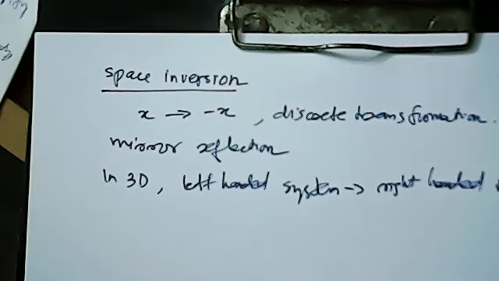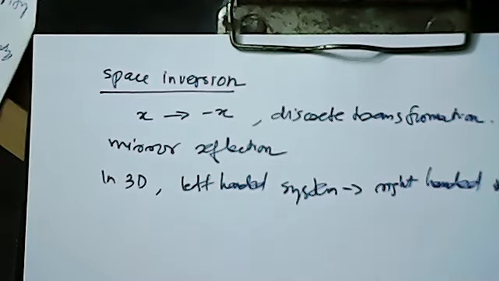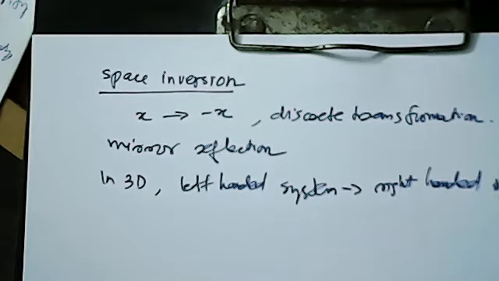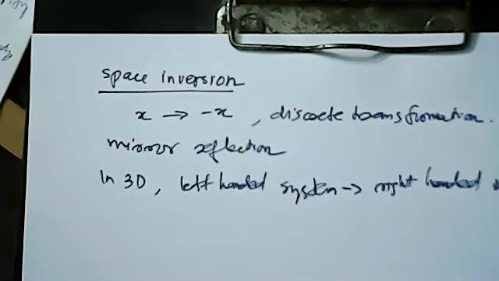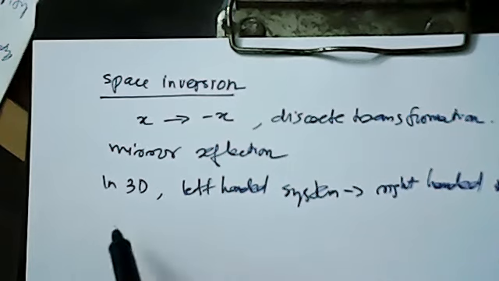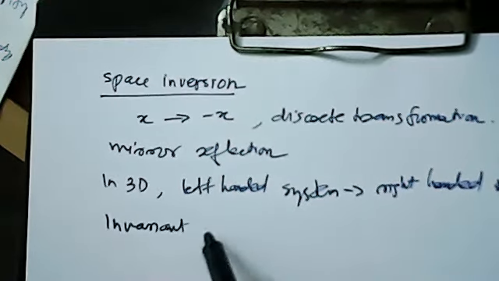So I think you know what is a left-handed system and a right-handed system. If you rotate a screw with the right hand, what happens? Or if you rotate the screw with the left hand, what happens? That is the difference between them. Now, if the system becomes invariant after reflection, no change under space inversion,